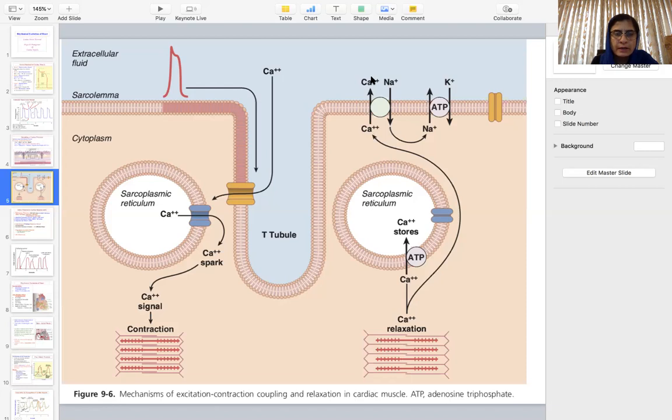So this is the excitation contraction coupling. When the action potential travels along the surface of the cardiac muscle, the calcium ion comes from the ECF and from the sarcoplasmic reticulum. It causes a contraction of the muscle, and after the contraction, that calcium ion will be pumped back into the sarcoplasmic reticulum by the calcium pump, and back into the ECF by the calcium sodium counter transport. Sodium influx occurs and calcium moves out against the concentration gradient. So this is excitation contraction coupling in the case of cardiac muscle.